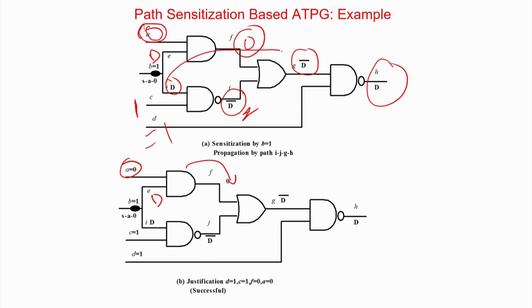Sensitize, propagate and justify. So, I have to repeat it for all such single faults, because I have done it for this, I have done it for this, I have to do it for all the lines, and basically your job is done. By all the lines I mean whichever lines could not be tested by the random test pattern generation algorithm. So, all the lines which were tested by the random test patterns need not be covered by this method. So, it brings down the complexity hugely, because more than 90% of the faults will be detected by the random test pattern generation. A few of the difficult faults will remain, which I have to go by this algorithm.